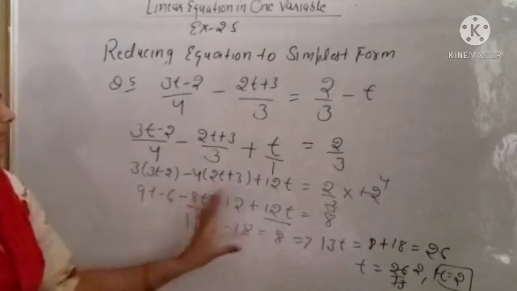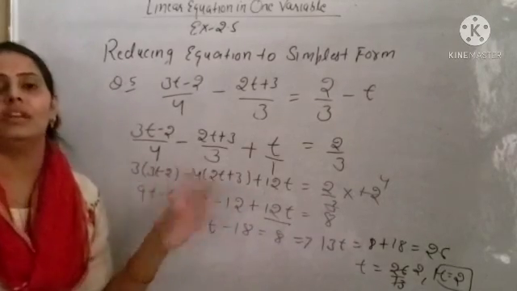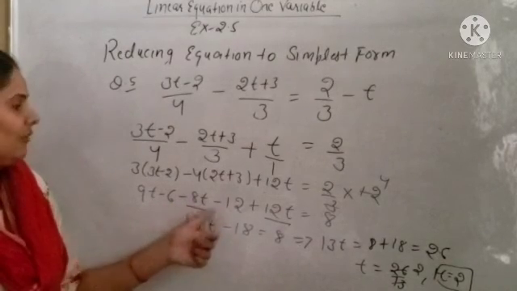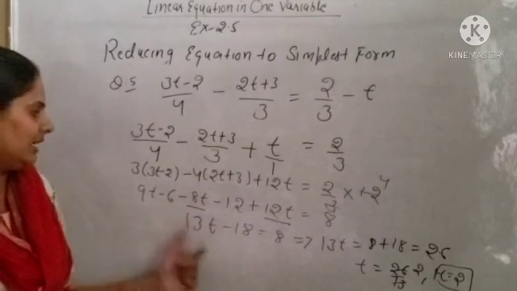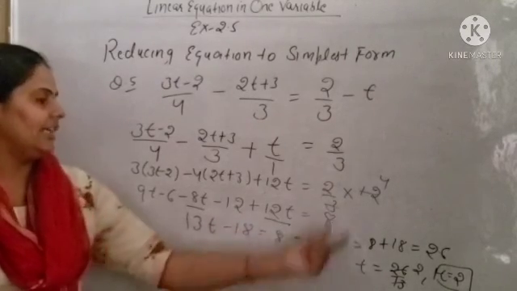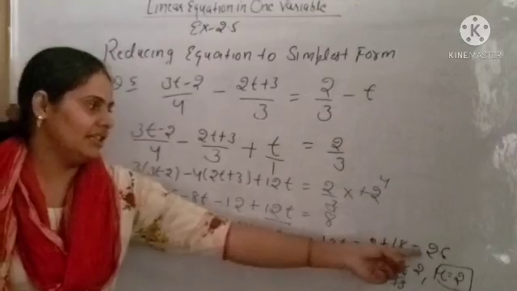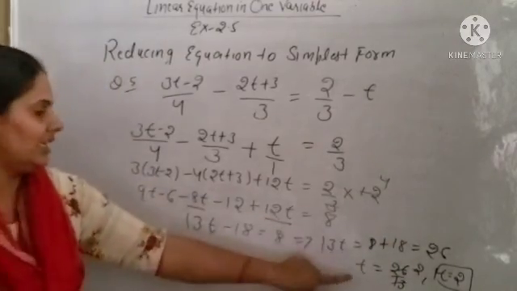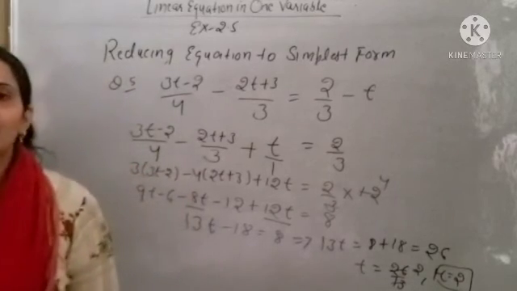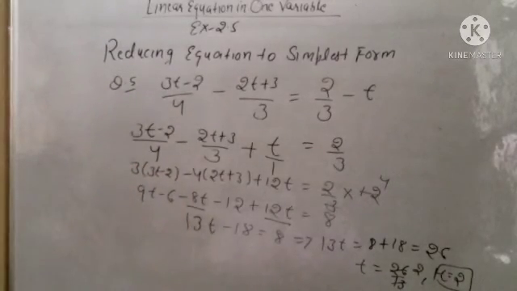Clear? Now this type of equation you have already solved. First you will collect all the t variables. So 9t minus 8t, 1t plus 12t you will get 13t minus 6 minus 12, it is minus 18, is equal to 8. 18 you will take right hand side, so plus 18, so it will be 26. Means 13t is equal to 26. So t will be 26 by 13. You will get t is equal to 2. Okay, value of t will be equal to 2. Is it clear? Clear all of you?